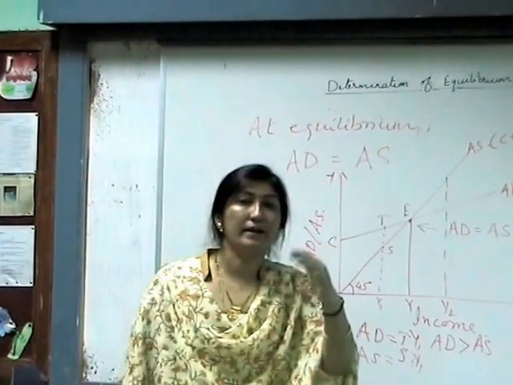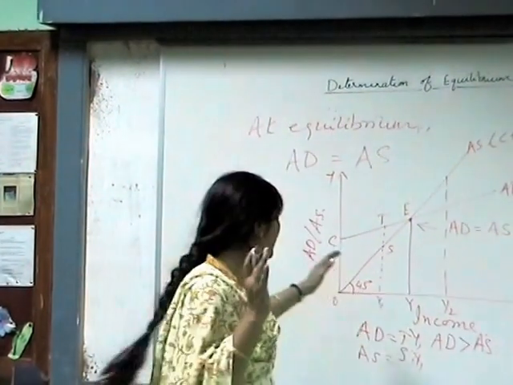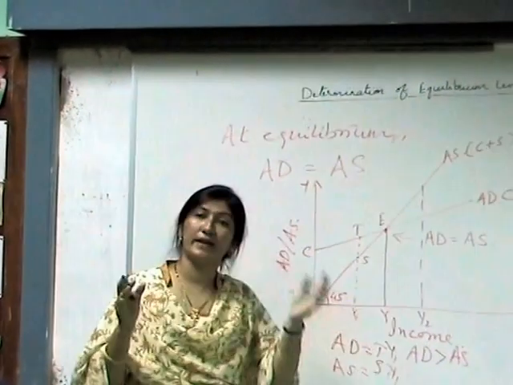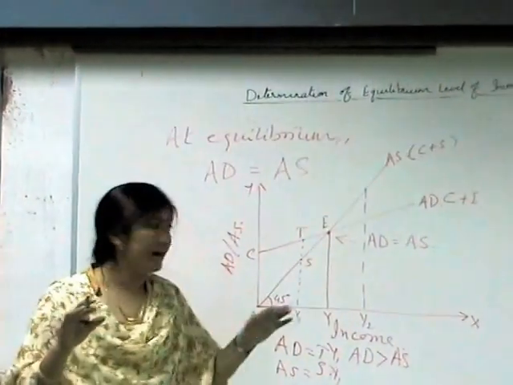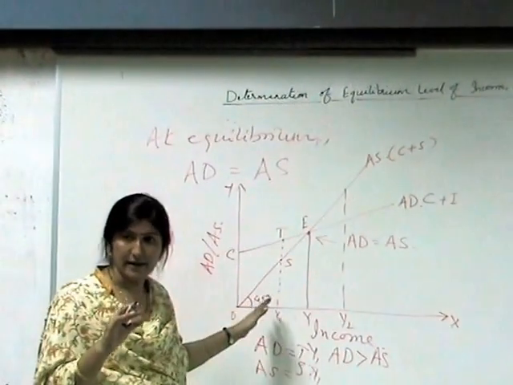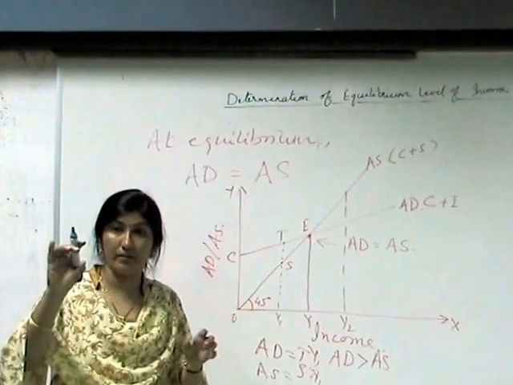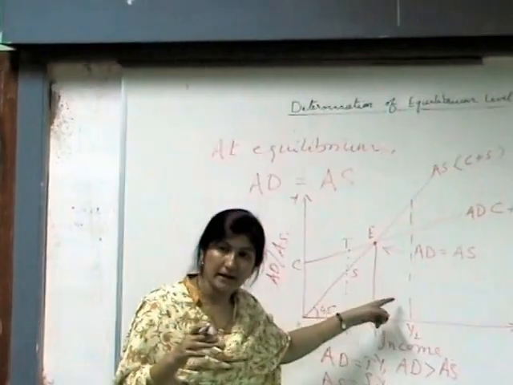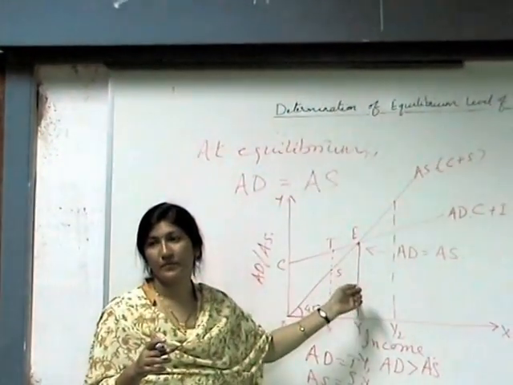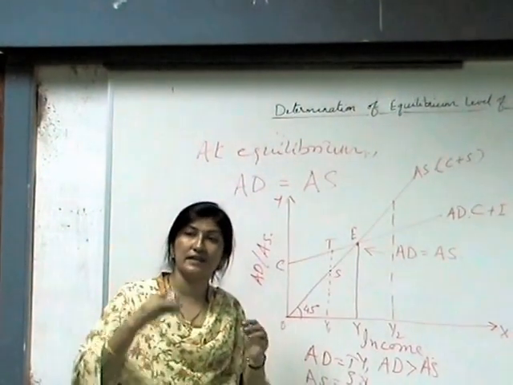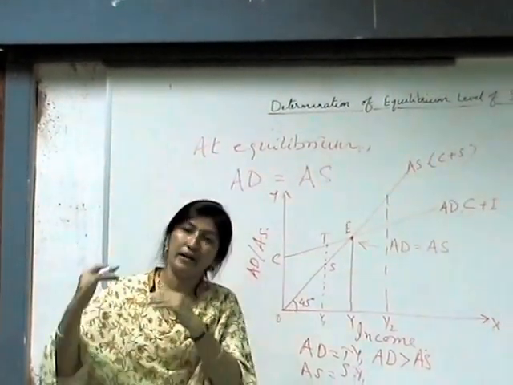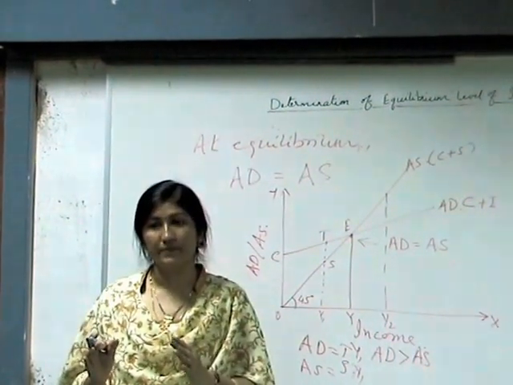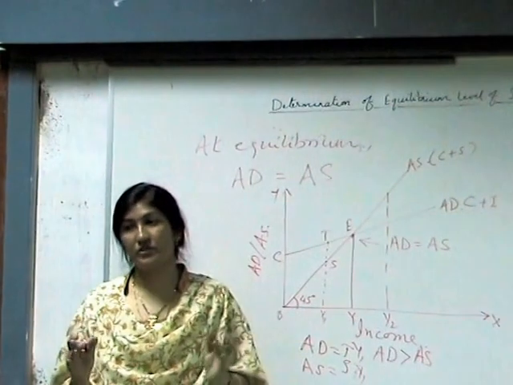Then you will explain aggregate demand, how with the level of output it goes on increasing in a proportionate way. Then you will explain aggregate supply, defining aggregate supply and how we are taking it like that. And then the third heading will be the determination of equilibrium. In that case, you will draw this diagram and then explain the situation. And if you build the habit of practicing by framing an answer and writing, you will finish it within the 10 minutes required for completing a 6 marks question. So learn in that way so that it works.